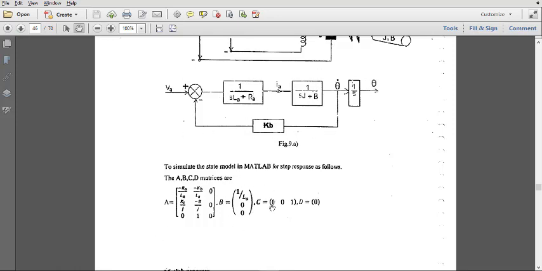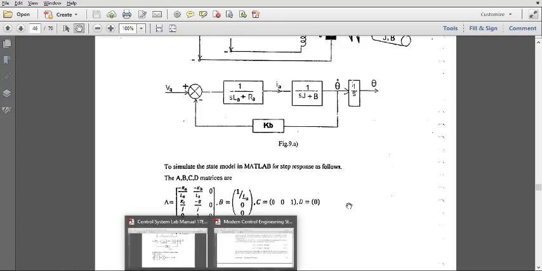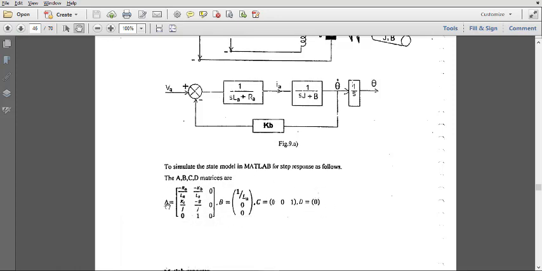B is given by this, C is given by this, and D is given by this. D is 0 here. This is called the state space equation formulation.